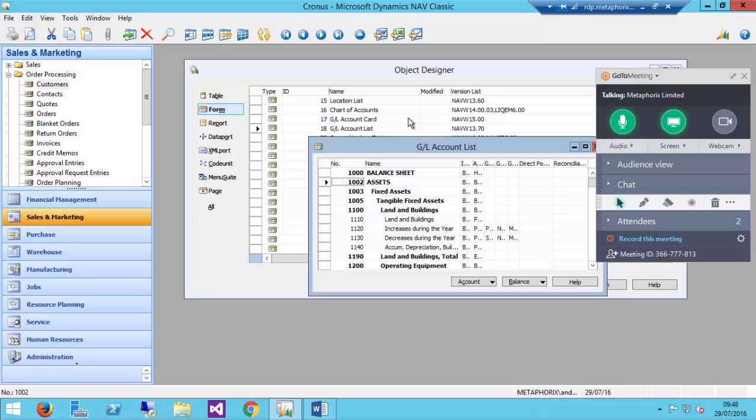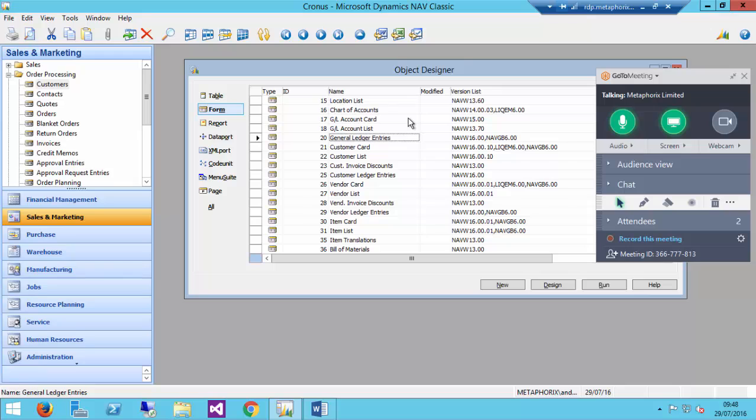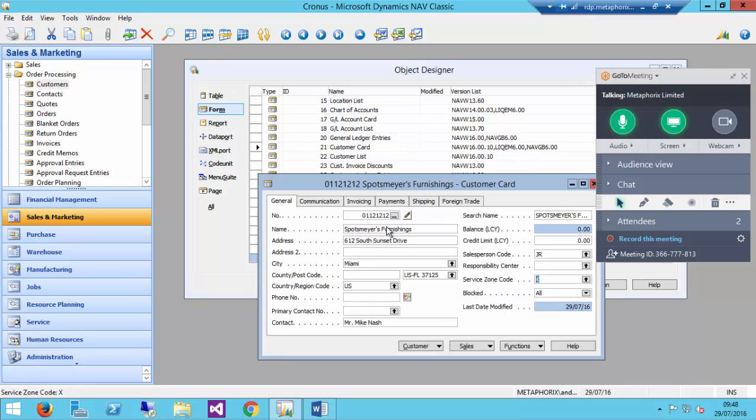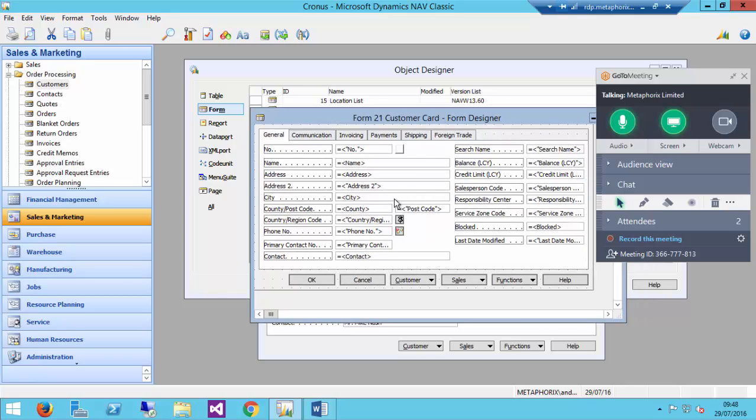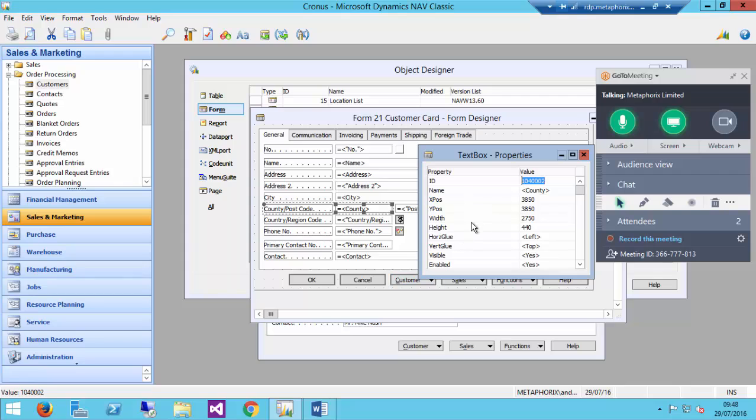So you can do the same for the GL account list, or if you have a card like the customer card, you could design it, page 21, and you could say I don't want people editing certain things. You could hide fields if you didn't want them to be seen, in the same way that we did with the list view. Same properties: Shift+View and then Properties, or Shift+F4, or right-click on Properties, and we could say Visible: No. It's all the same properties as the list view. Okay,